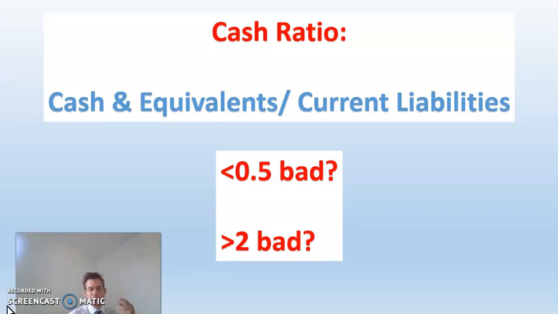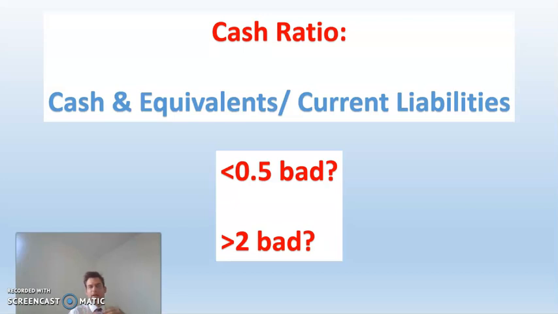Now, the reason I put that below 0.5 as bad or above 2 as bad is because this takes quite a lot of nuance. An asset-light company can run with little cash. So for example, if the business has a significant amount of revenue coming each month or each day, and it's quite predictable in terms of that cash coming in, such as, let's say, a subscription business model or a SaaS business model, or software as a service, that can run with less cash than a business that's very capital intensive